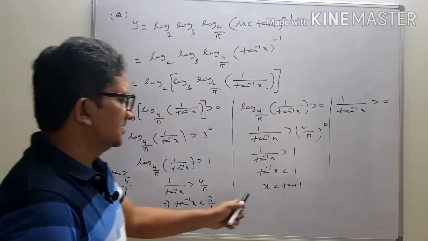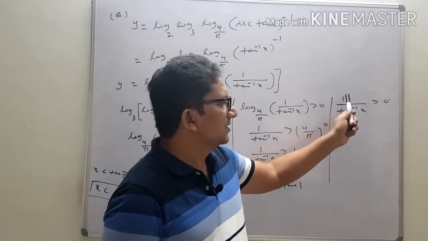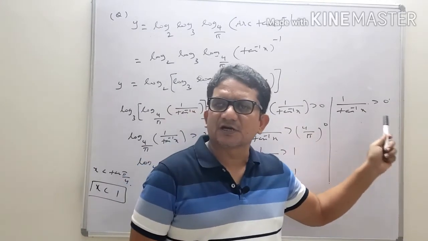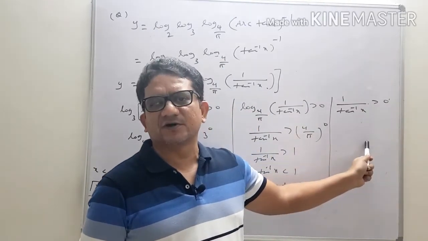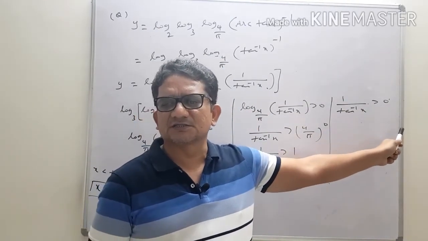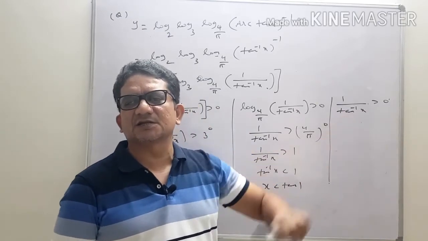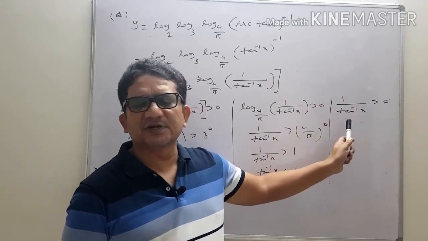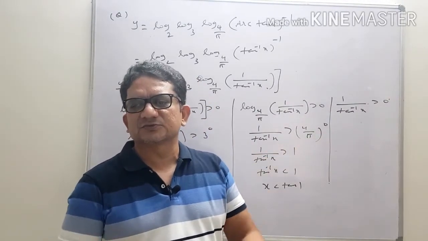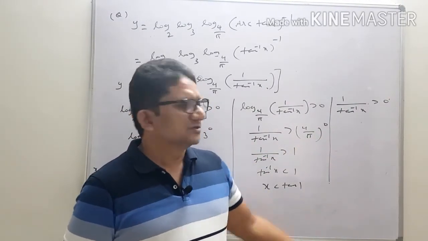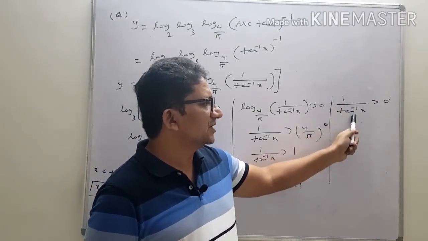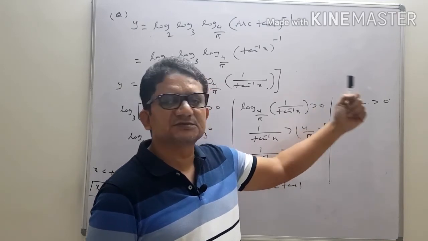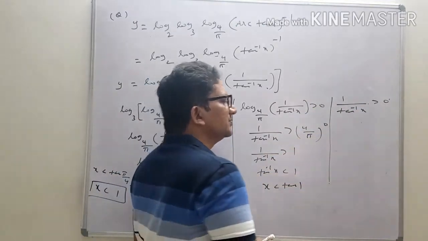Now, here we got x less than tan 1, and here we are dealing with 1 by tan inverse x is greater than 0. So, first of all, what kind of form is it? Rational form. p by q is greater than 0. In this, p is already positive. If p is already positive, then compulsorily the denominator should be positive. So, no alternative for this one. So, got the point or not? See, p by q is greater than 0. In this, p is already 1, which is positive, then q also should be positive.